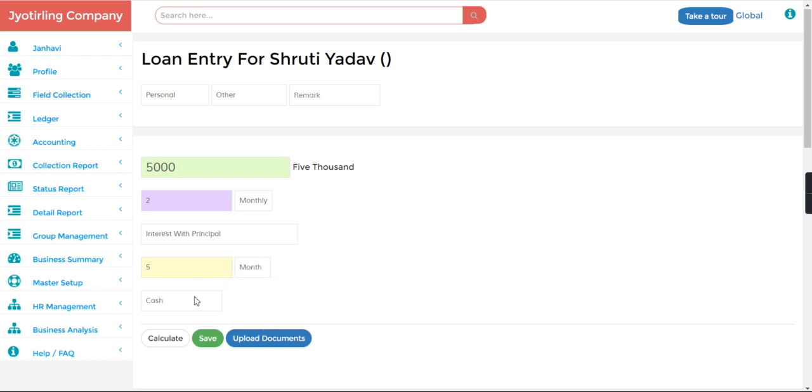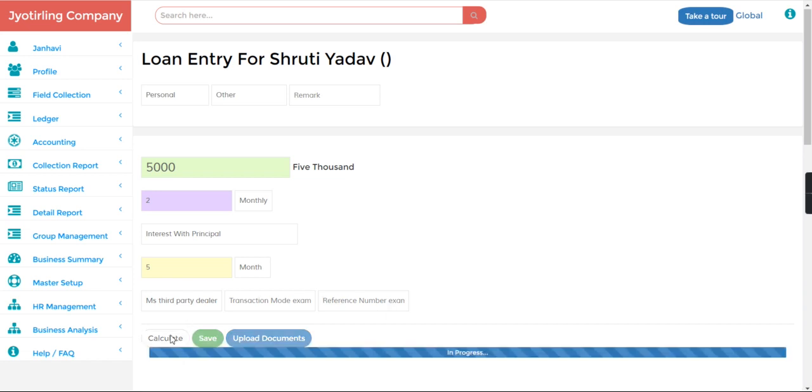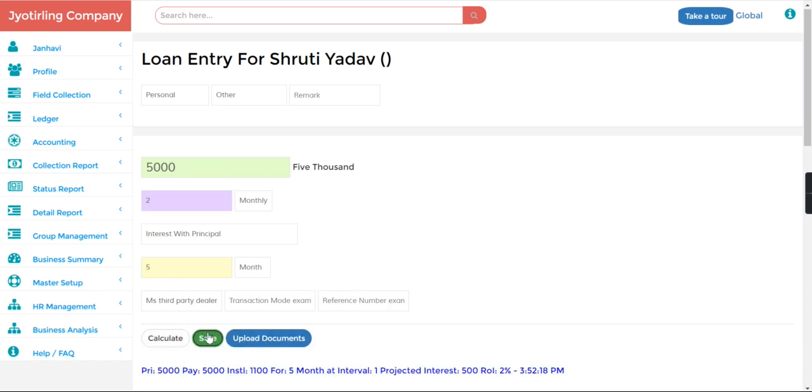Now mode of payment you can select here. You can see the third party dealer. So third party dealer and the mode of reference number you can write here, calculate and save. So you can see loan number 5 is created.